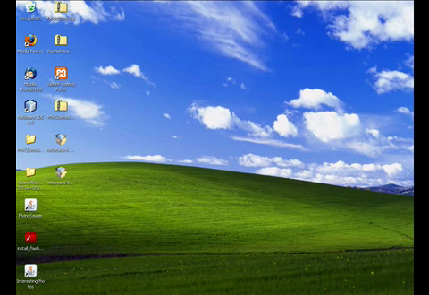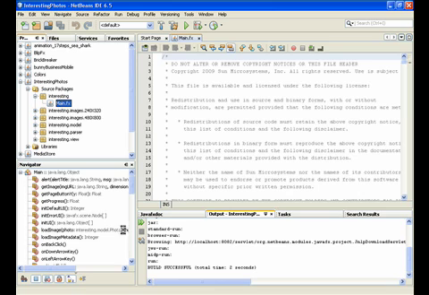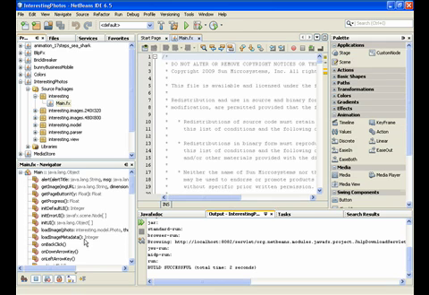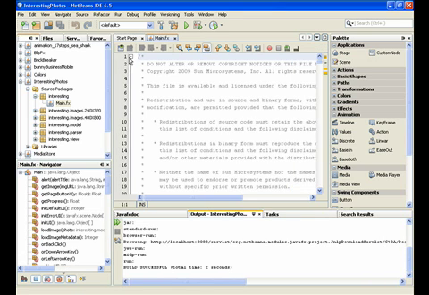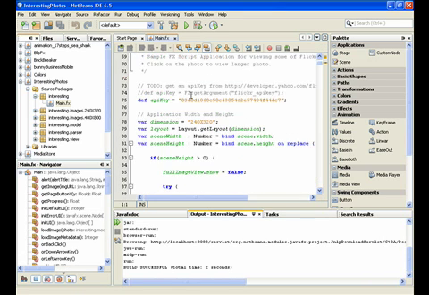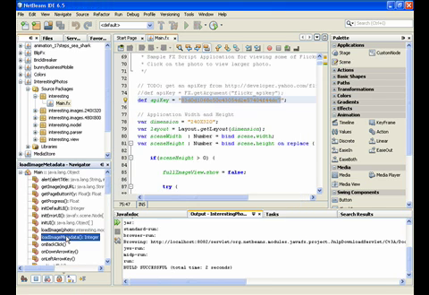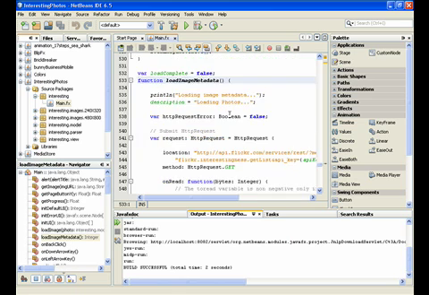Alright, so let's look at the code real quickly. First of all, we see that I have this main effects file, and the main thing I want to show you here is how we make that web service call. Right away we have our Flickr API key, and if I jump down here to my load image metadata, we see